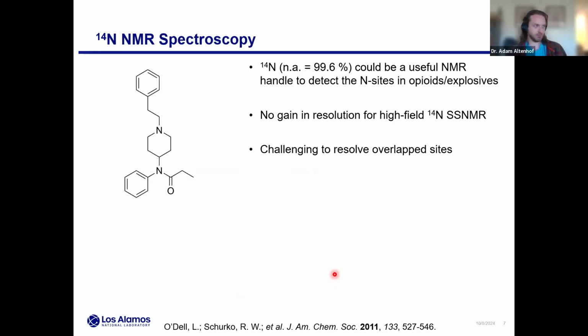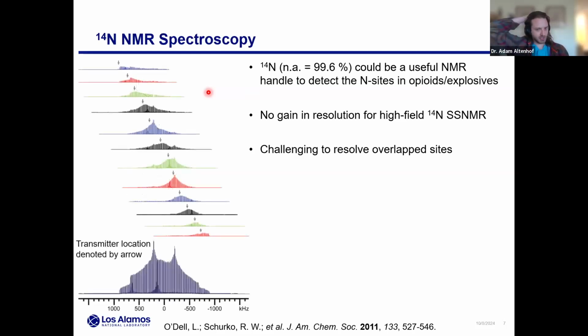So more towards thinking about fentanyl and its detection, recognize these are solids at room temperature. So we're not going to do proton NMR, right? The dipolar coupling makes for very low resolution. Carbon and oxygen are extremely low abundance. 14N starts to become pretty interesting, right? That's basically 100% abundant.